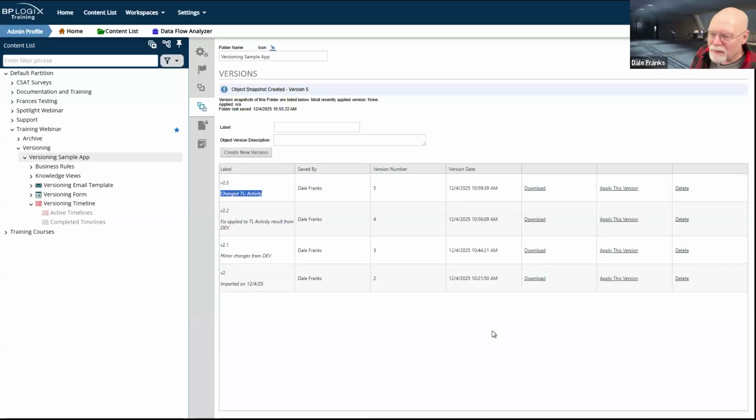The problem is, for some of us, I've been working in this product since 2014. All right, well, I have a tendency to kind of cowboy through stuff, and sometimes that does come back to bite me, especially if I have not properly versioned and I've now messed up something. I don't have a version I can roll back to.